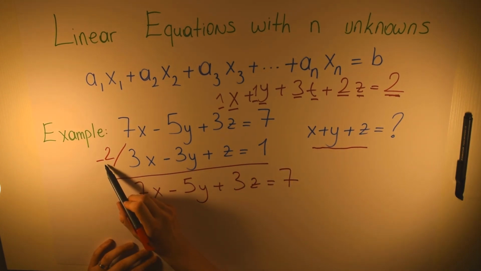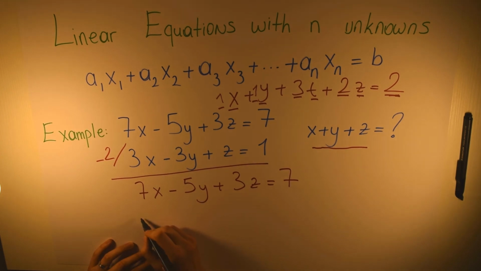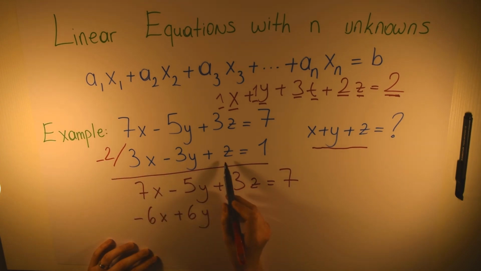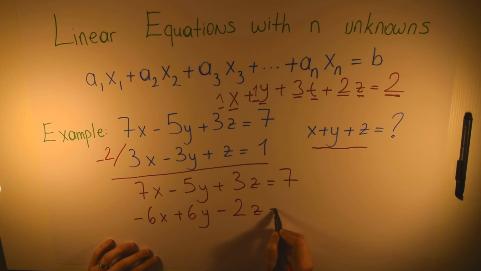Here when I multiply by -2, it is minus 6x, minus times minus becomes plus, it's 6y, minus 2 times plus z, it's minus 2z is equal